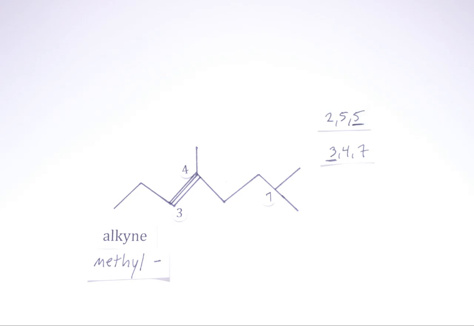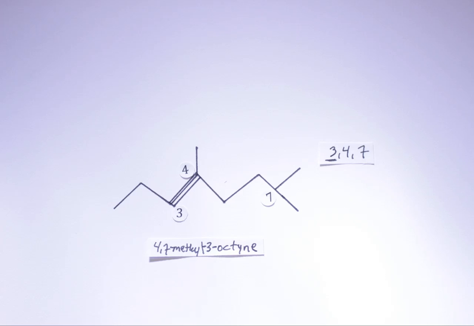However, these are methyl groups, and the triple bond gets priority over the methyl group in numbering. So we have to try and give the triple bond the lowest possible number. This means, unlike previously, we're going to choose the numbering 3, 4, 7 direction, and we're going to name this molecule